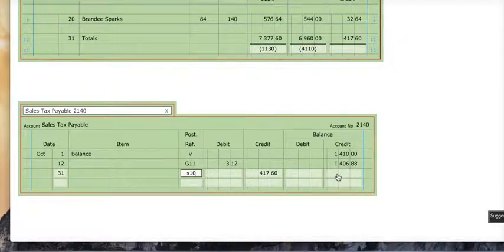A credit plus a credit is going to give me 1824.48. And we need 2140 in here, in parentheses. We always do parentheses because it is the total we're putting in, and we know we put that in that account. So there we go. We've matched all of that. Next transaction, direction number 2, says to